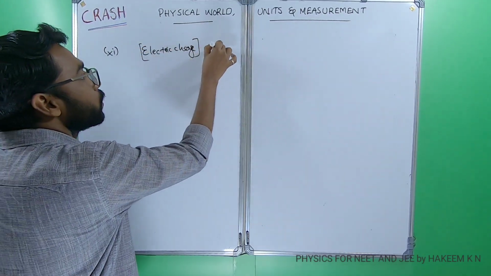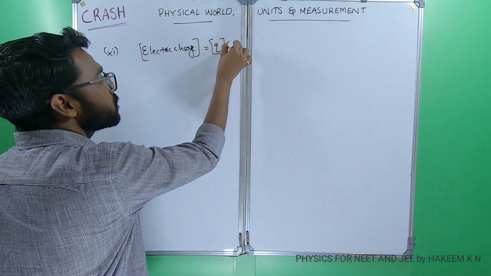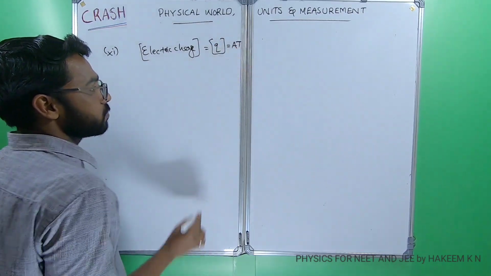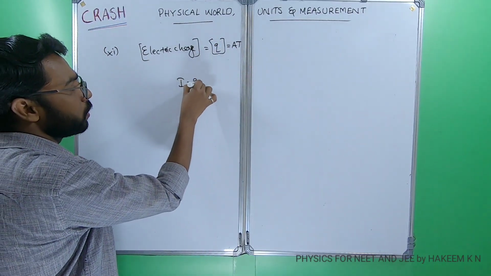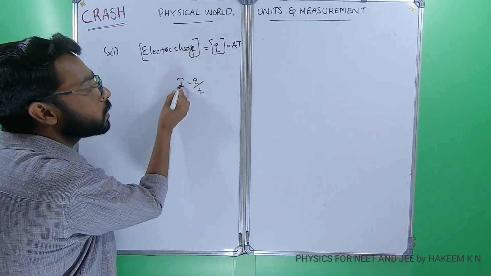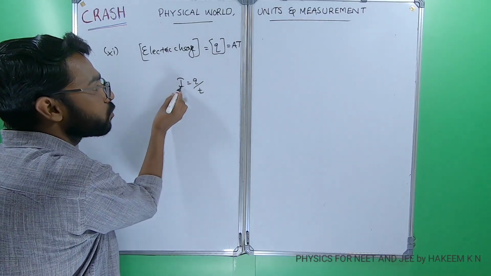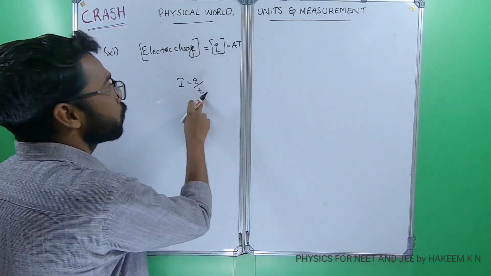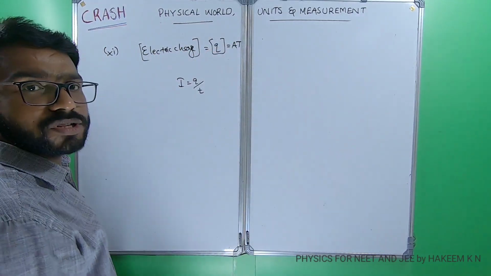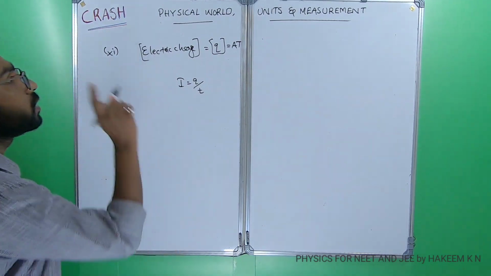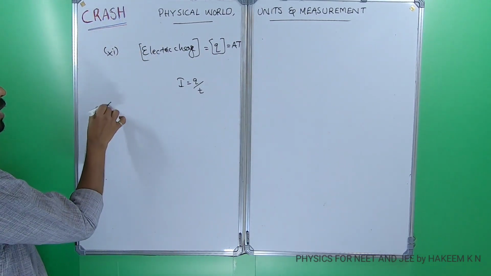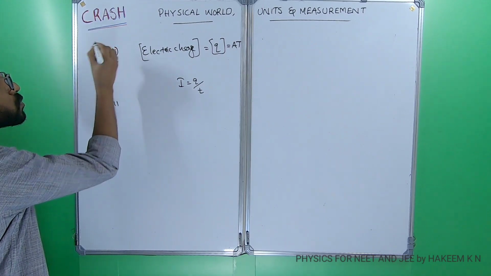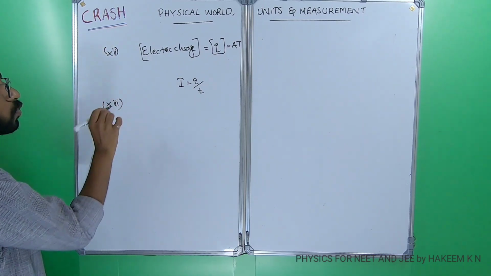The dimensional formula of electric charge is AT, because current I equals Q by T. So Q equals current into T. For current we write capital A or I, and for time capital T. So electric charge possesses the dimensional formula AT. That was the 12th one, and the 13th one is